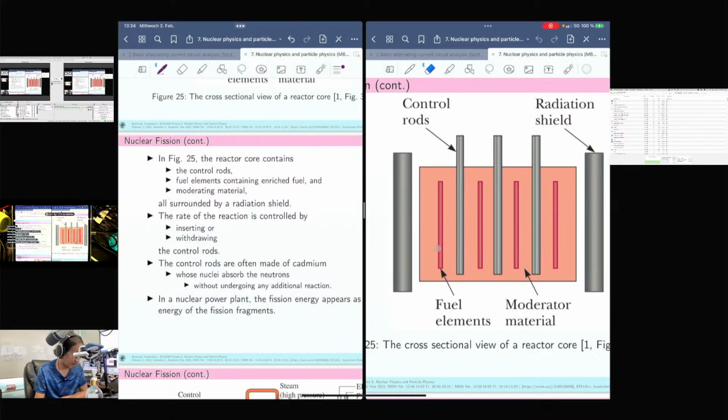And moderating material, for example graphite or heavy water, is surrounded by a radiation shield. This one is the most important thing. The security of any electric power plant using nuclear fission depends on this wall. If there is too much heat, too much energy inside, this wall can be destroyed, and when this one